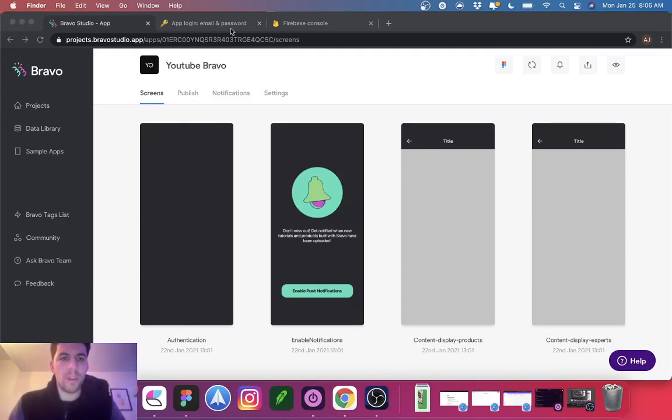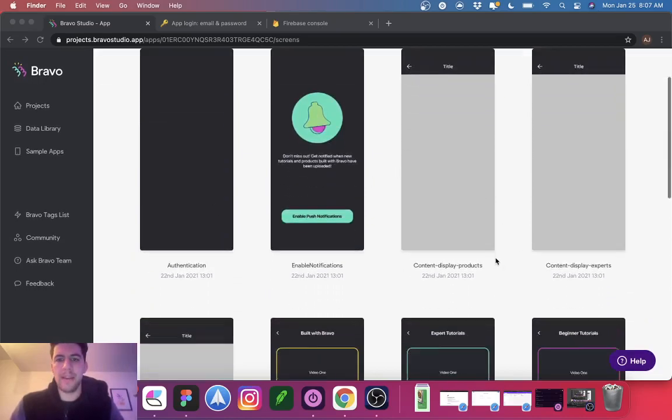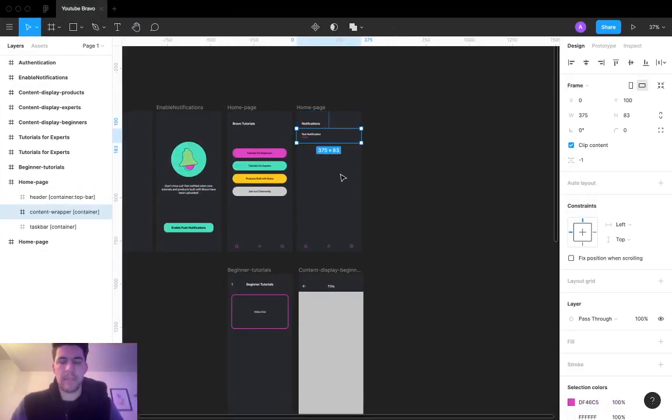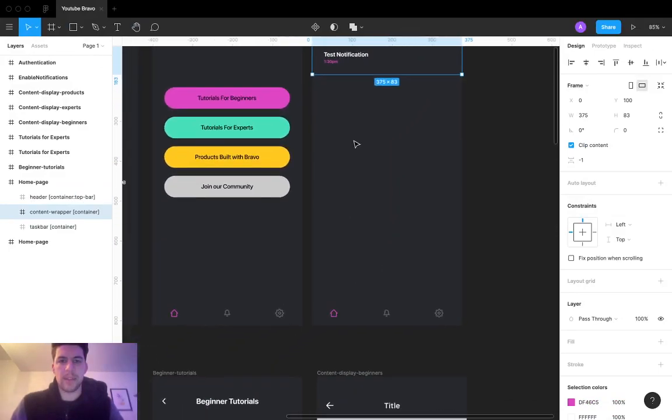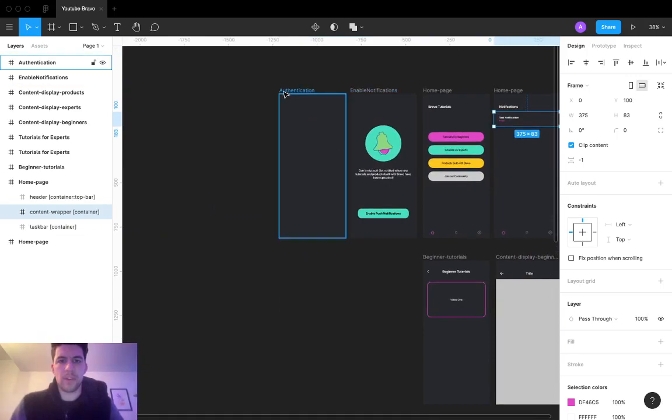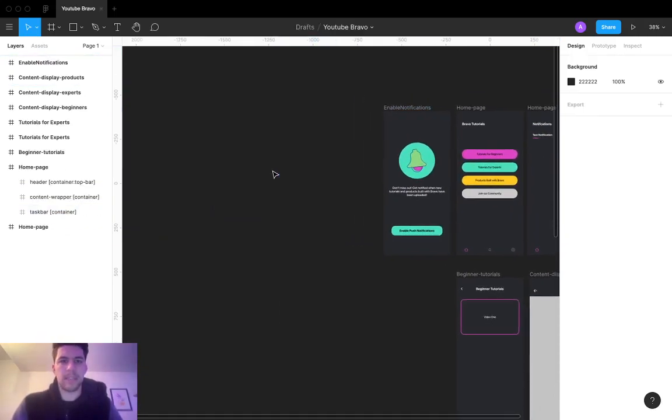But first and foremost, we're going to start with authentication. We added push notifications last time, which is great. But we're gonna add authentication, and then we're gonna add a custom notification page right here that we can manually enter our own notifications. So with that being said, I'm actually gonna delete this, and